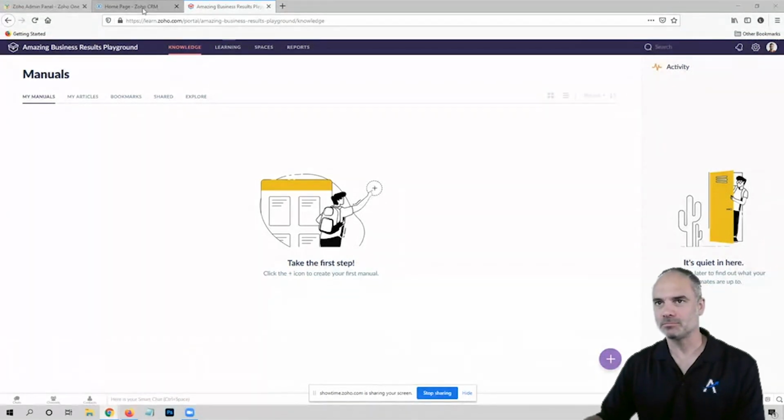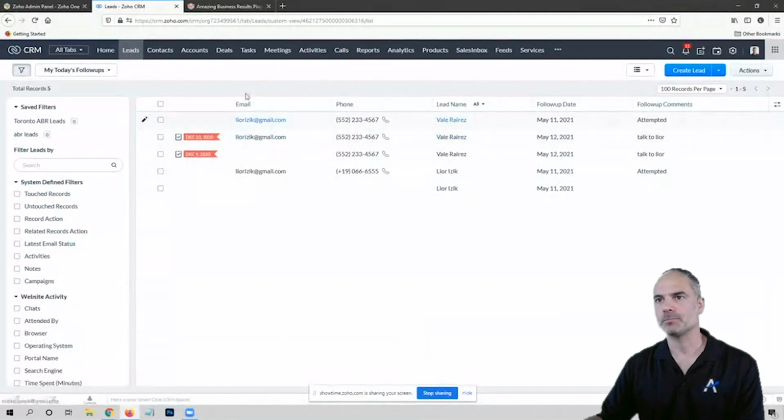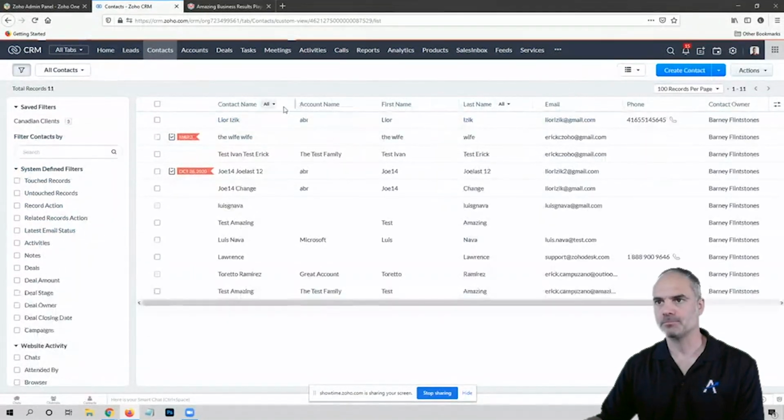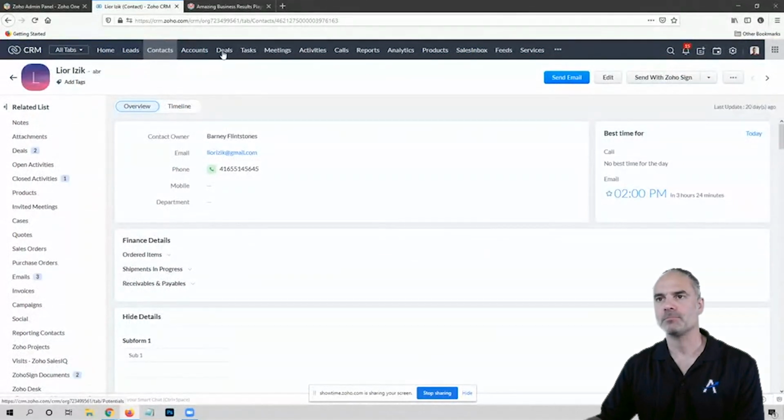When the lead comes in, it has a first name, last name. It carries over to contacts. You can see the first name, last name. When you take it into deals, it just gives you a full name. It doesn't give you first name and last name. Now, when I want to use aliases in my forms, when I create the form and ask for your name, I want to have your first name and last name separate.